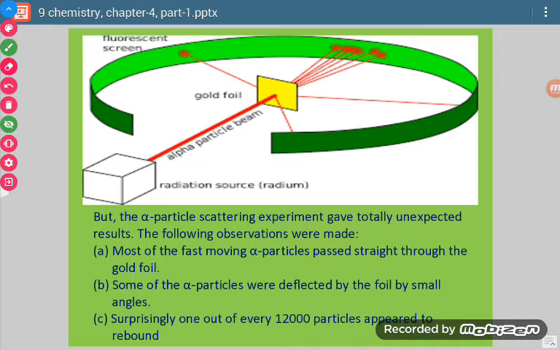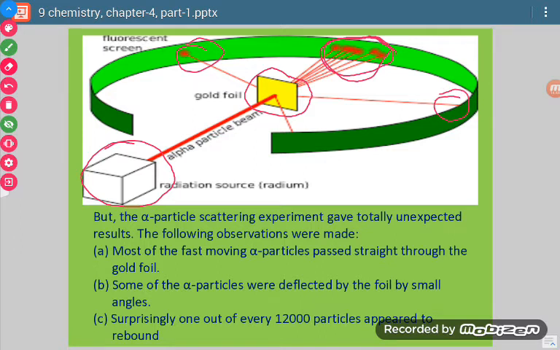Now see, in this diagram you can see this is the source of alpha rays. This is the source from which alpha rays, or alpha particles, will be given out, and this is the gold foil. Now we started throwing alpha particles directly on the thin gold foil, and we observed that so many went directly through the gold foil,